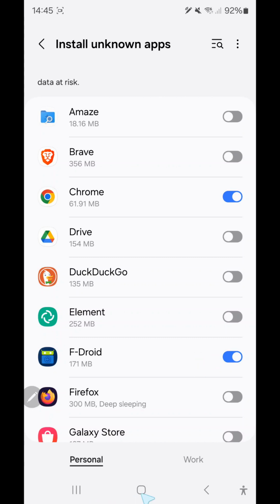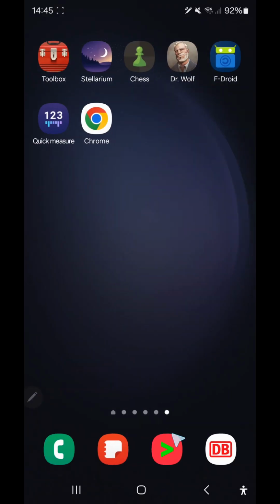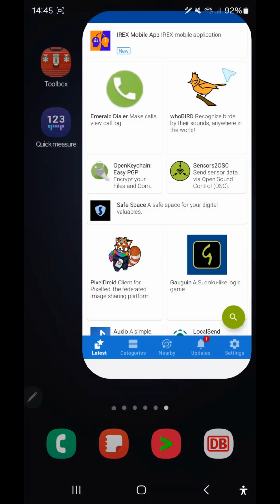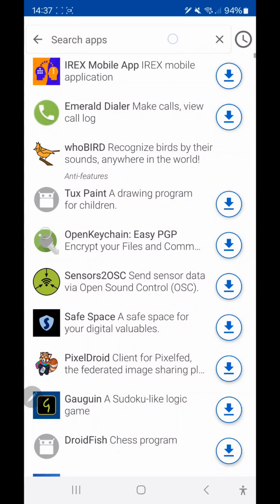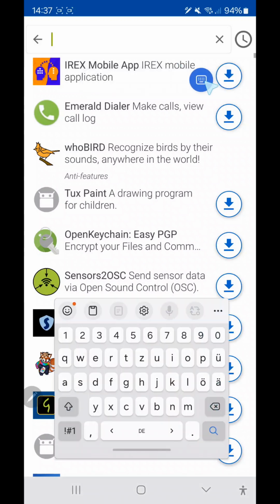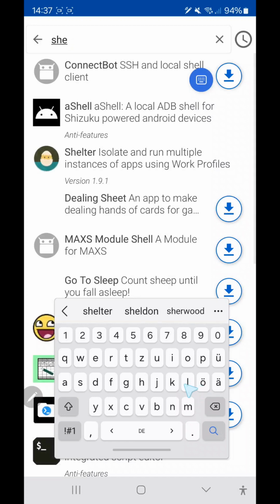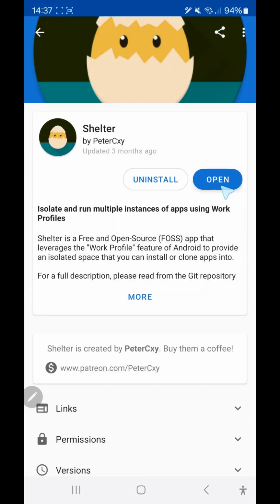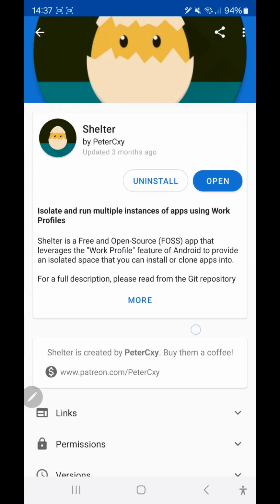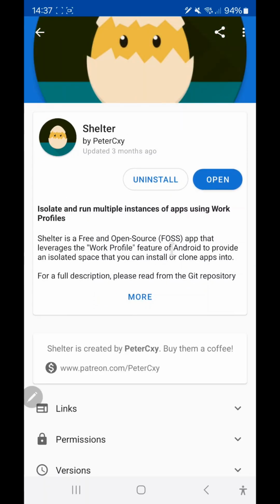So we'll come back to the home page. We go to F-droid, and here you see that we have lots of apps. We can search for Shelter. You click on the Shelter and install it. I have installed it before, so it's actually installed already on my phone, but on your phones you can install it. We go back again to the homepage,